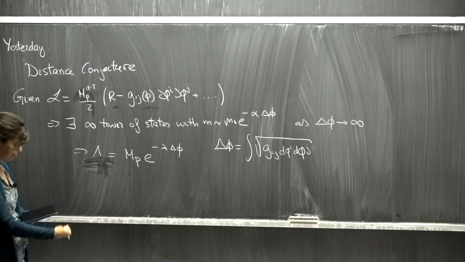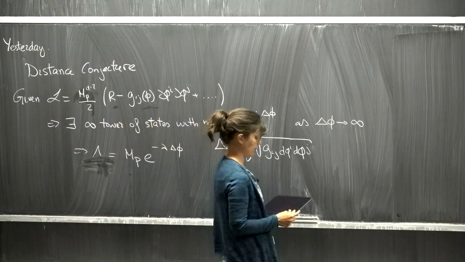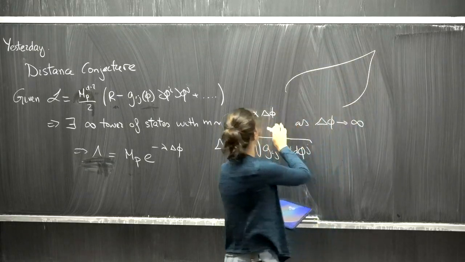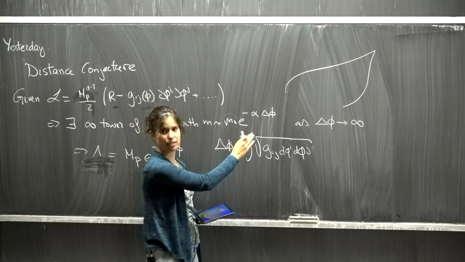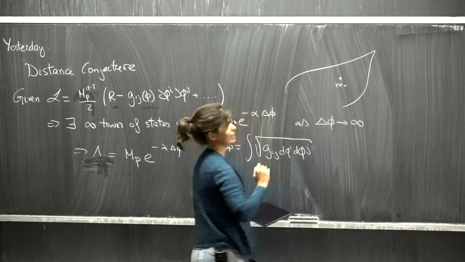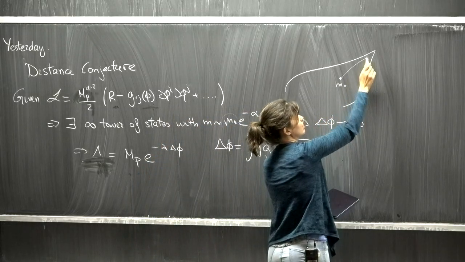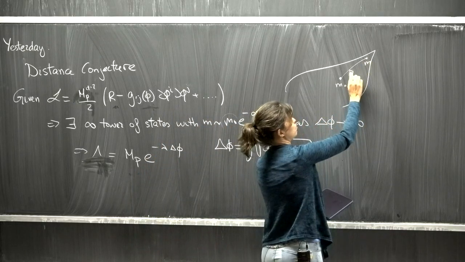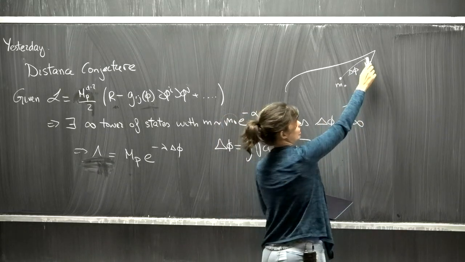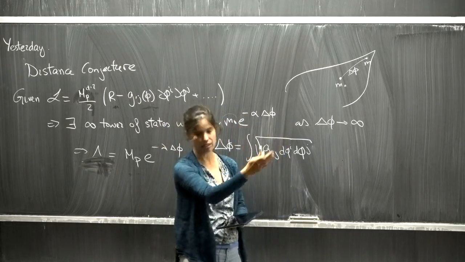Okay. Some of you were asking me how to understand this M0. So the point is that, well, we have the moduli space. This definition is kind of a relative thing, in the sense that we start at some given point, and the mass there is M0. And then if we move to another point that is separated by a distance given by delta phi, then the mass here differs from the mass here by this exponential. Okay, so that's like a relative thing.